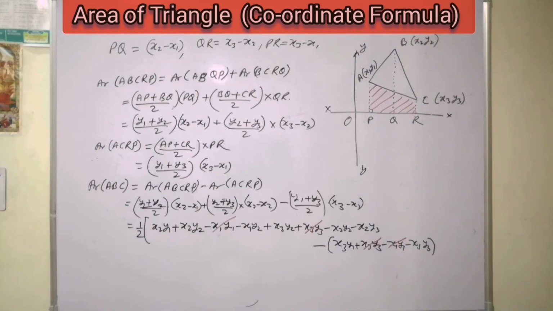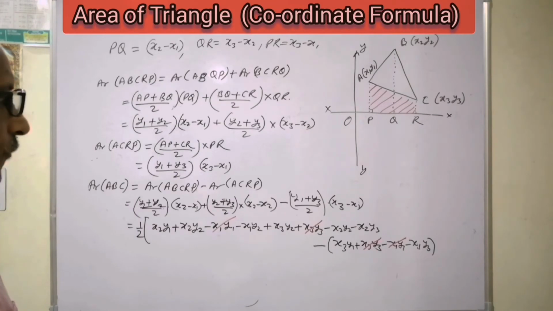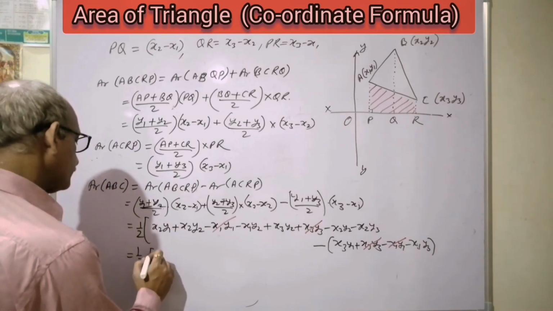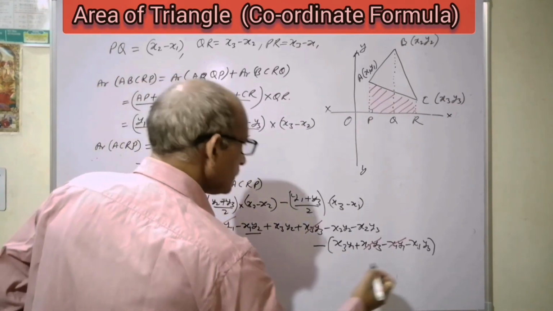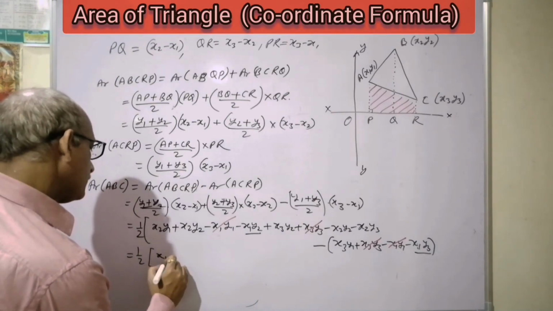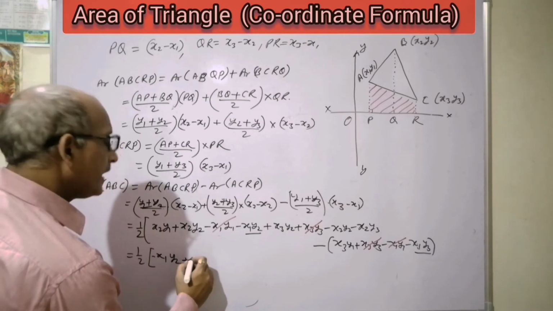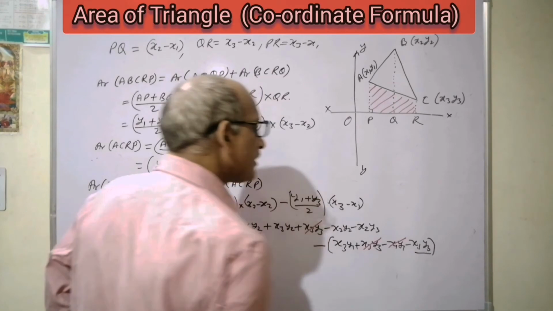to where x1 terms are there. So we'll take the x1 term first and its coefficient, in terms of y. So we'll take here first of all 1 by 2 out. x1 is taken from this term and this term. So we'll get here x1 y2 negative plus x1 y3. These are now taken.